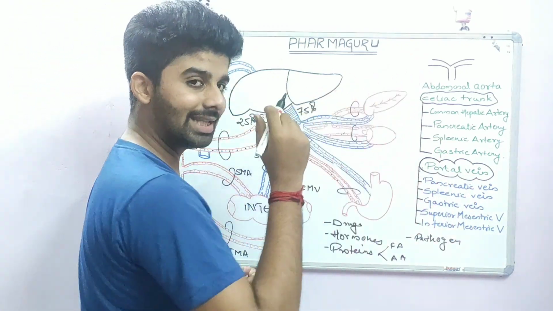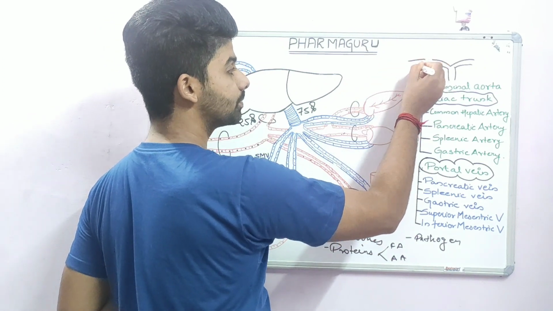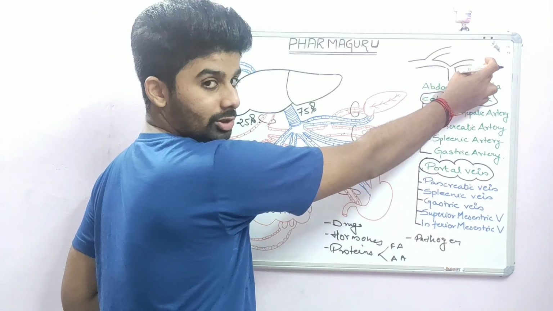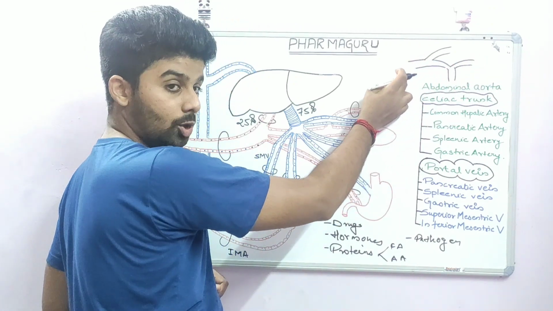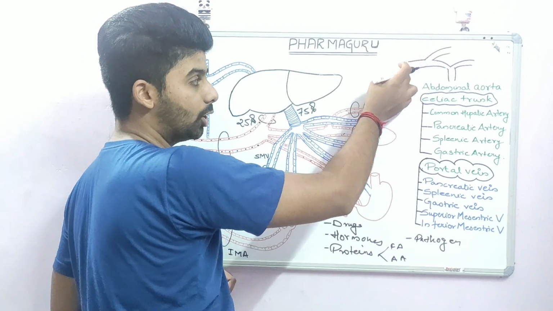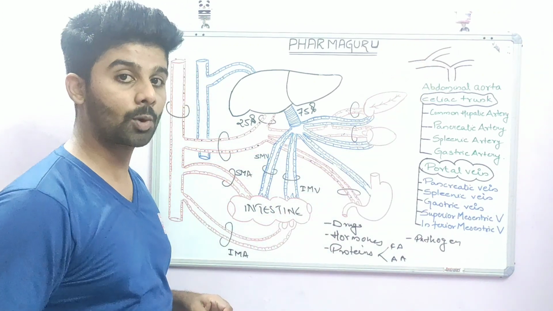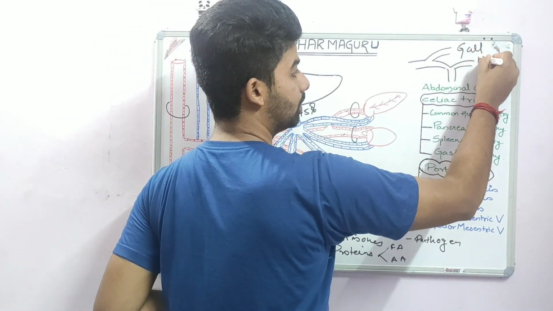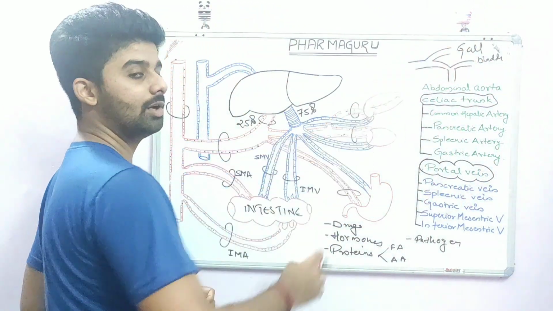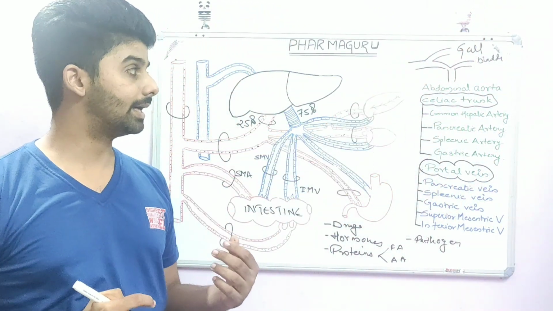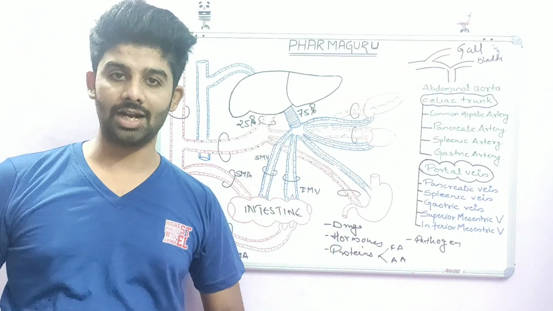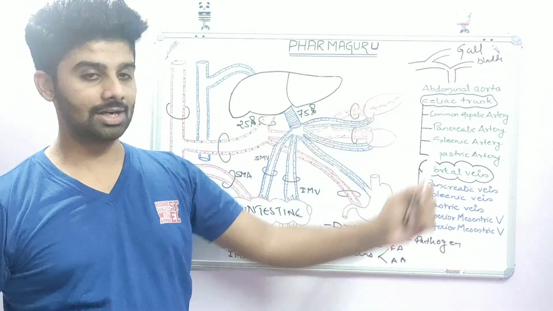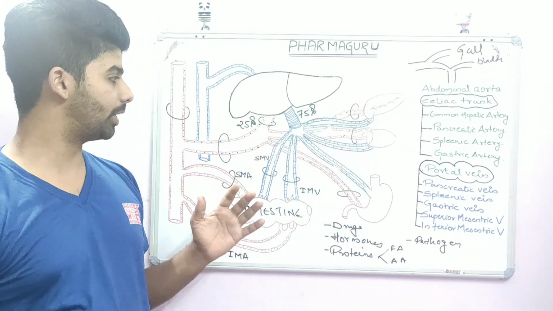Interestingly, only the right lobe again branches. See, this is an extra branch of the right lobe. This will provide blood supply to the left lobe, this will provide blood supply to the right lobe, and in the path of the right lobe, there will be an extra branch that will provide blood supply to the gallbladder. See, this one will provide blood supply to the gallbladder, and this artery is known as the cystic artery. We know in the gallbladder, the cystic duct is there, and likewise the name, cystic artery.